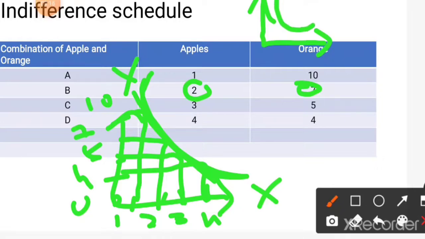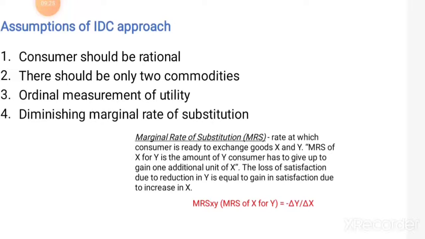Okay, fine. So this is about the meaning, tabular representation and graphical representation. So now let's see the assumptions of this law. So the first assumption is that the consumer should be rational. Students, this assumption is the same as that of your previous laws, that is, here also the consumer should be